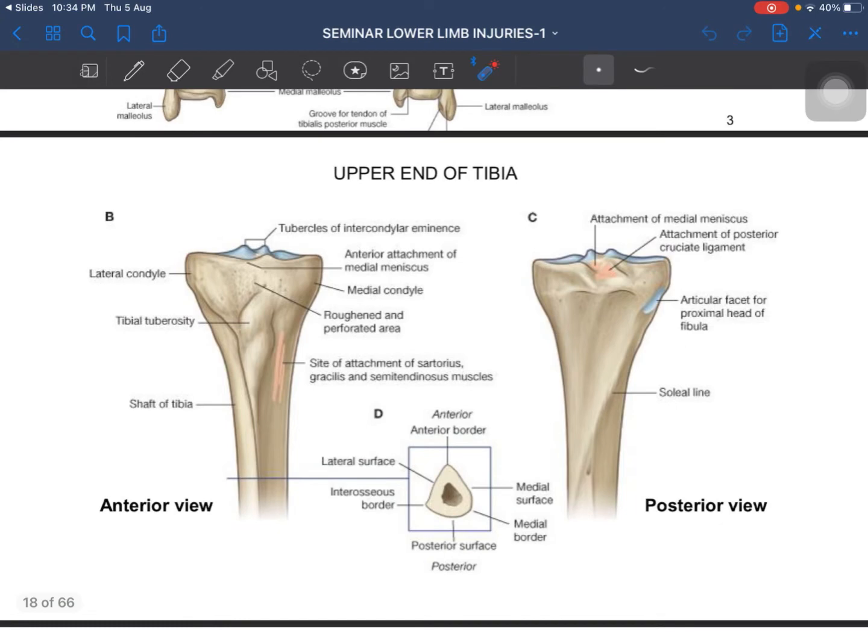Next, let's look at the upper end of the tibia. On the lateral side, it has the lateral condyle, and on the medial side, it has the medial condyle. It has tubercles of intercondylar eminences, and at the upper end, it has the anterior attachment of the medial meniscus. There is a prominence